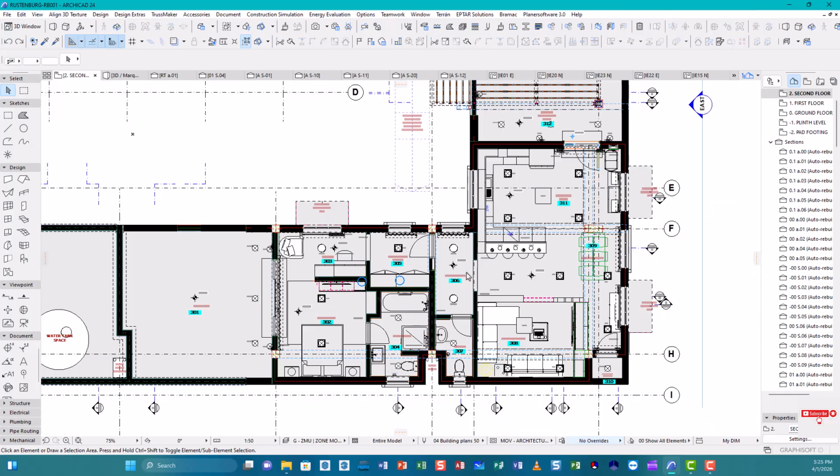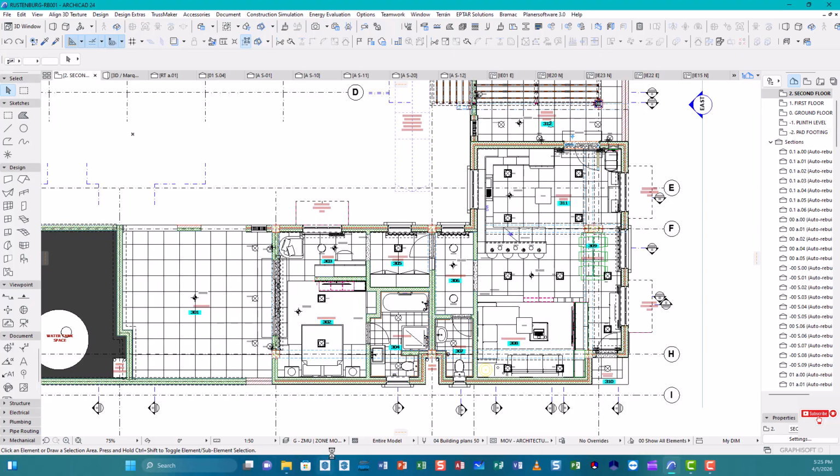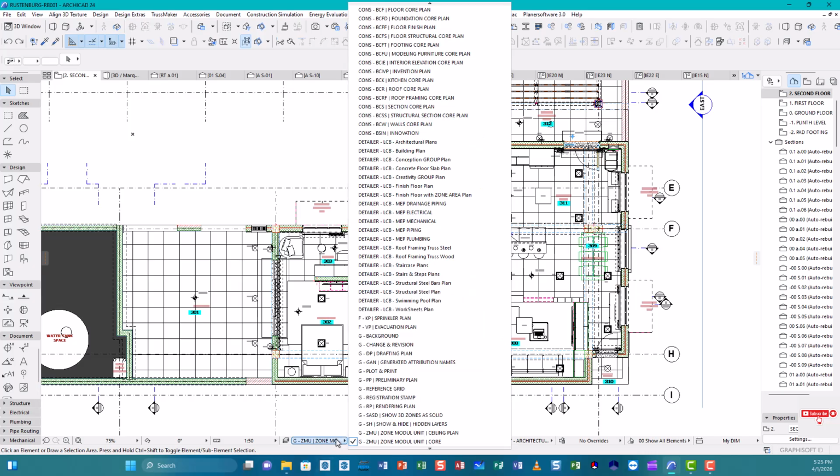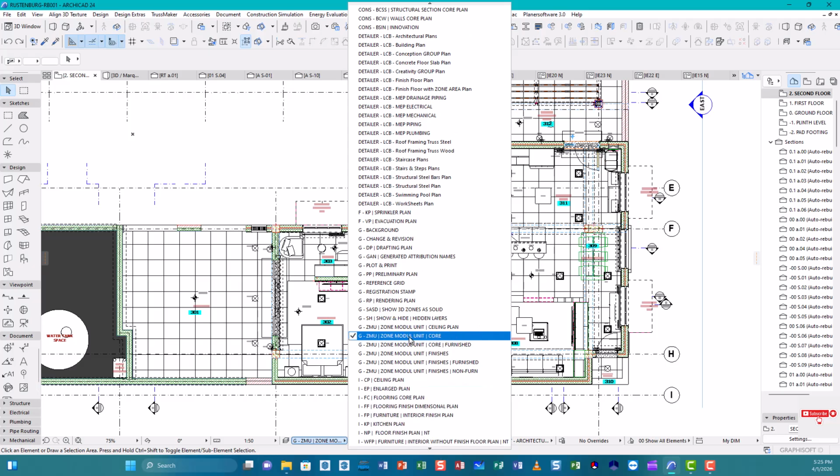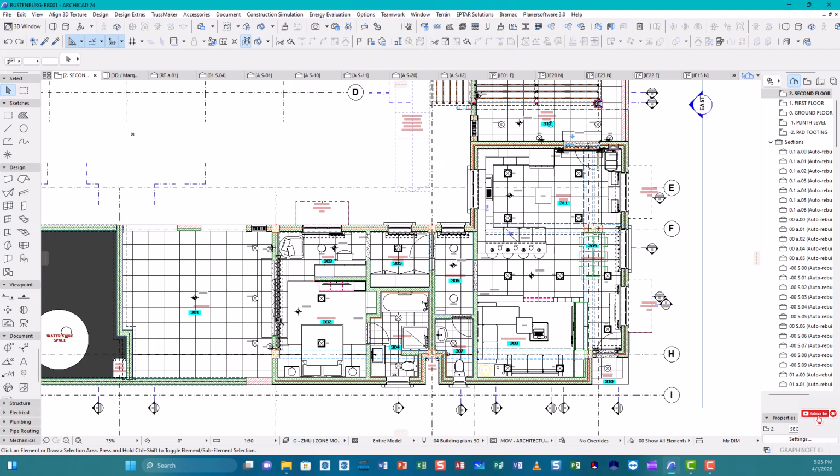As soon as I click there, you can see that the view will start shifting around, and then the zone, which one I've chosen. So yes, this is the first. This is the core one. Yes, this is not the finish. This is the core. Okay, there's a core and the core furniture. So let's start with the core there. As soon as I click on it, it's like